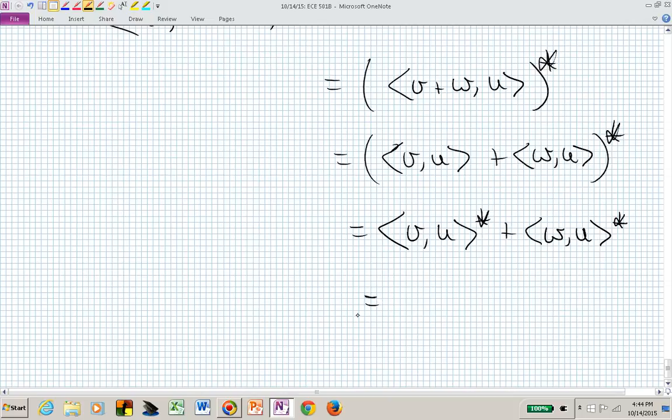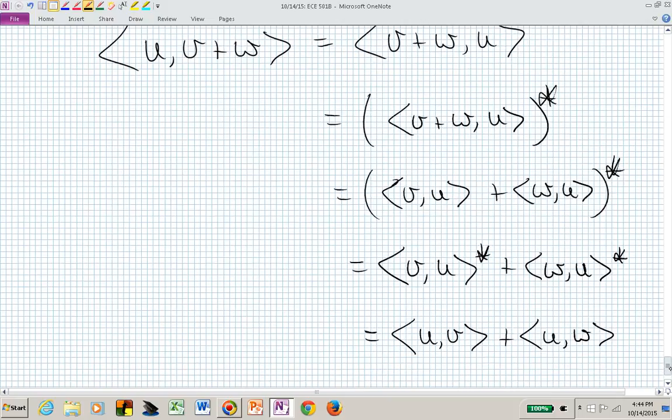And we can now conjugate those back to get those unconjugated. And if we do that, now we have to reverse the vectors in the slots, and now we have UV plus UW, and if we compare that with what we started with,